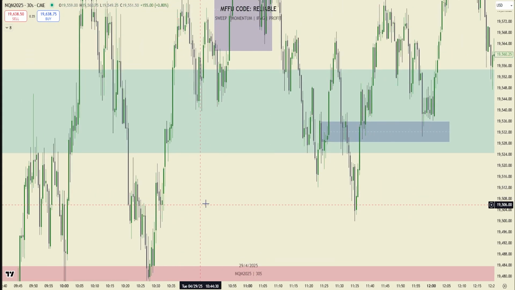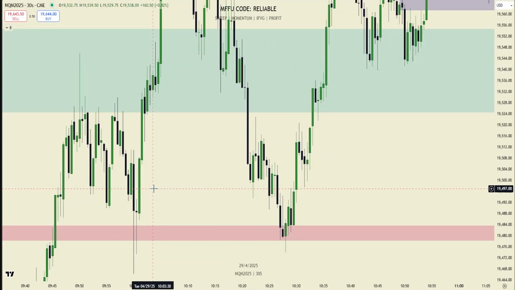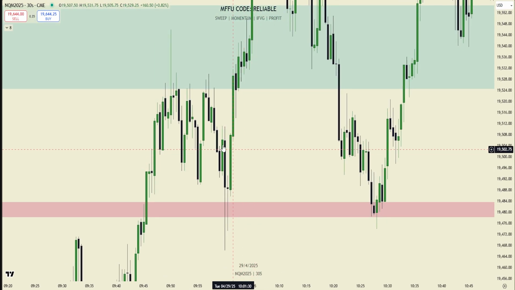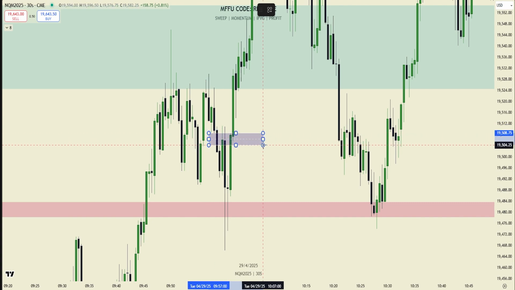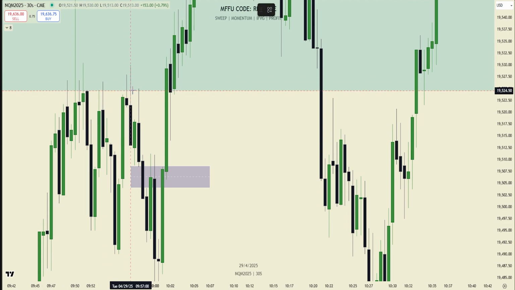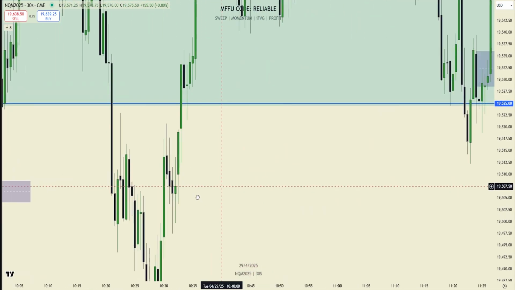I'm trying to find an example of an invalid trade so you can see what that looks like. Okay, I guess we could say this IFVG here is invalid, right? Because here's the high that starts the swing, and here's the fair value gap: 1, 2, 3, fair value gap. Price rushes up, we don't close over it on this candle, so we have to wait for the next candle, but price hits the high before we get the inverse. So that's an invalid trade.